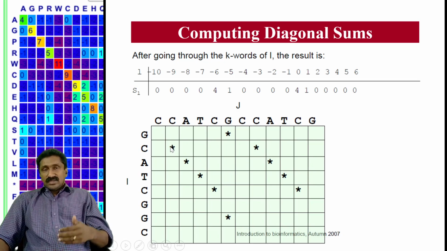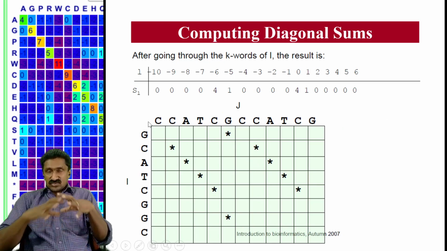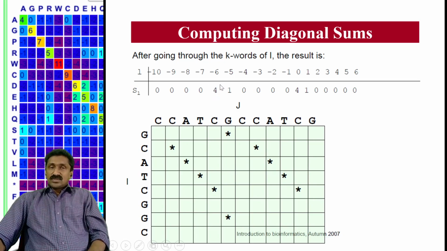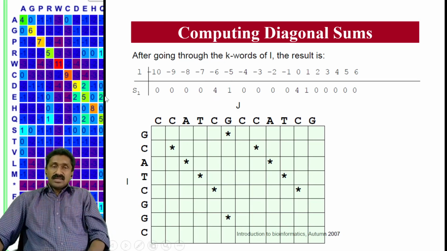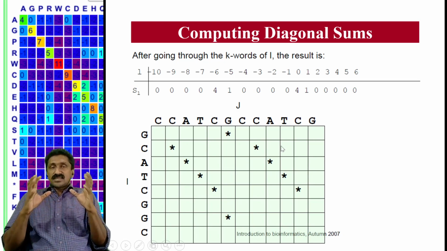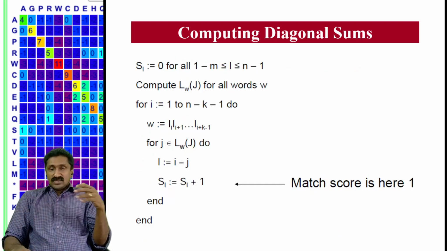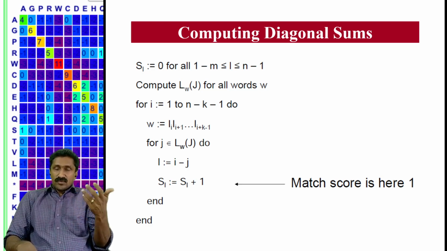So if you proceed with this one, if you have a longer sequence stretch, that is a similar sequence, then the length of the diagonal will go on increasing. With every matching region, this score will increase, and at this point that will be assigned. So you can pick, for example, if you are going for a comparison or an alignment, such longer diagonals, at least 10 such longer diagonals will be initially picked. They will be joined together. Okay, so this is the actual calculation formula or the program for calculating that diagonal.